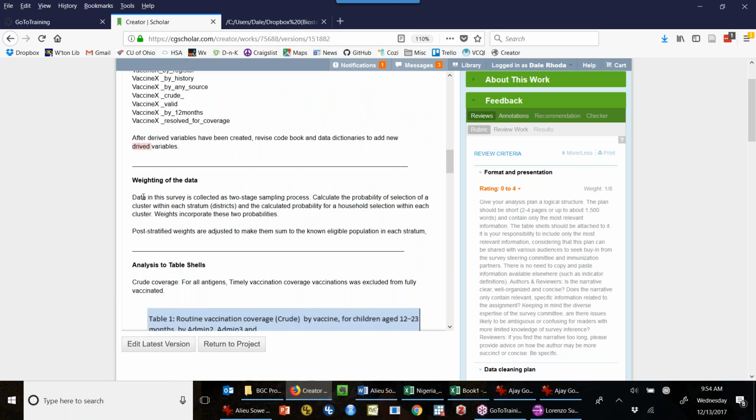This is a pretty minimal text about weighting the data. It states what we'll do: calculate the probability of selection. It doesn't talk about the various stages. The data is collected in a two-stage sampling process. It doesn't describe what the stages are or what the elements are for calculating the probability of selection. So probably